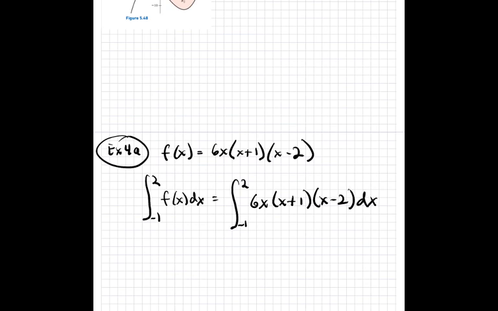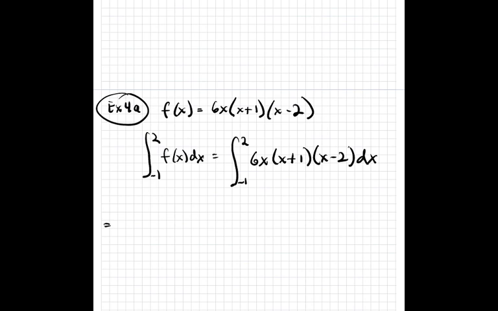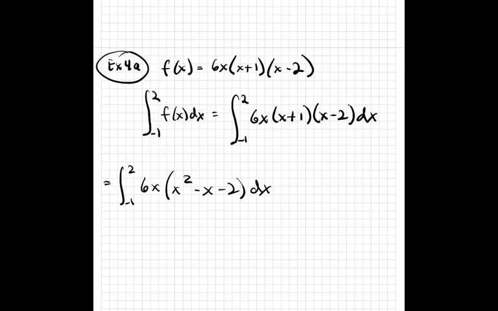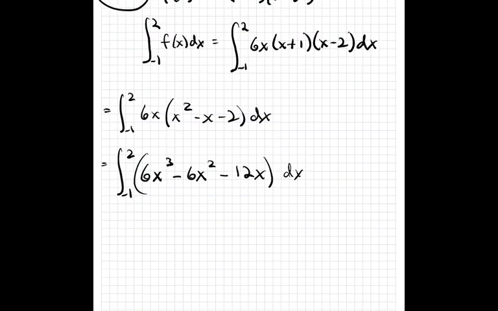If we keep going, I'm going to go ahead and expand those out. From -1 to 2, we got this 6x. Now if we expand, that's going to be what? x squared minus 2 plus 1 is going to be minus x minus 2 dx. And then if I distribute, from -1 to 2, it's going to become 6x cubed minus 6x squared minus 12x dx. Okay. So then I'm going to expand these based on what we introduced last class. So we can rewrite this integral in the following way. 6 times the integral from -1 to 2 of x cubed dx minus 6 times the integral from -1 to 2